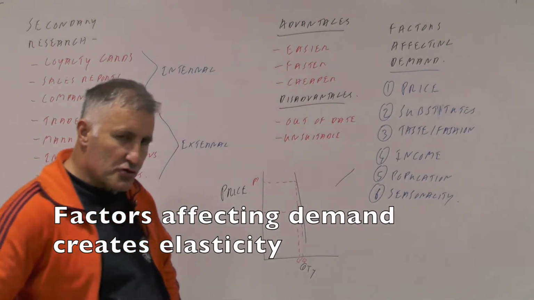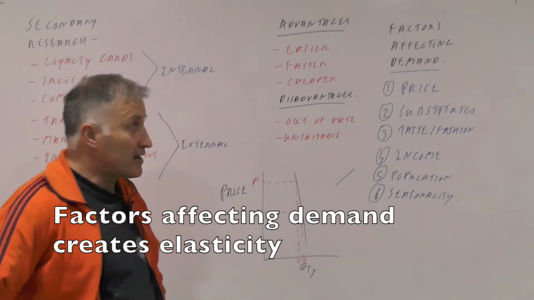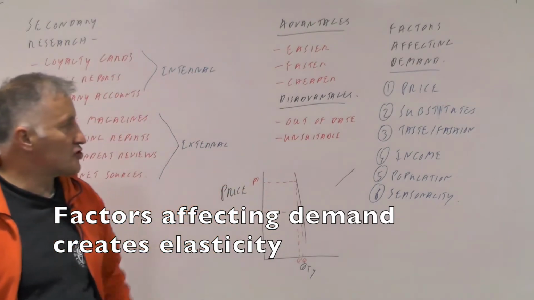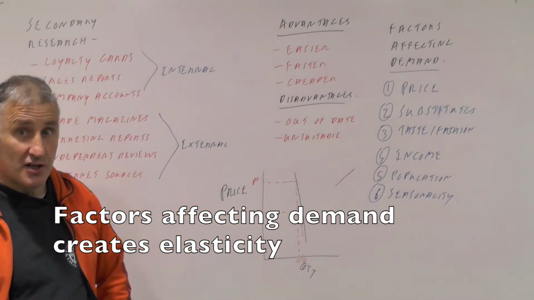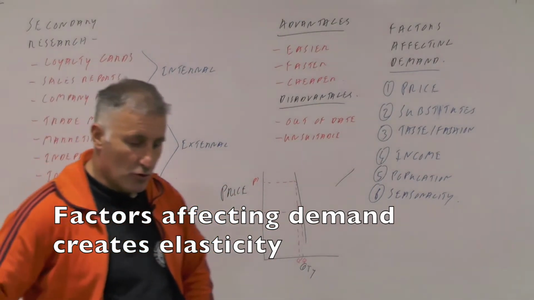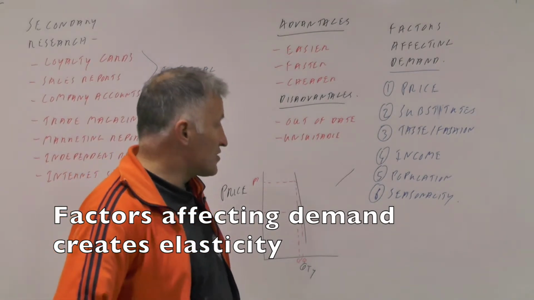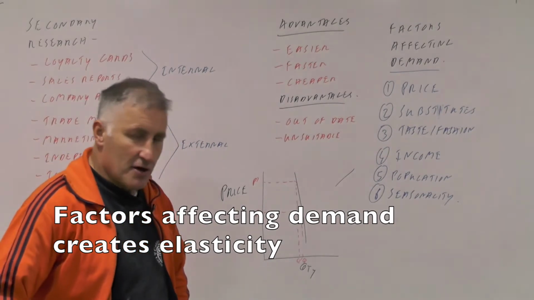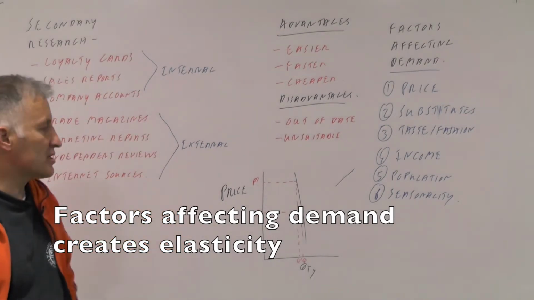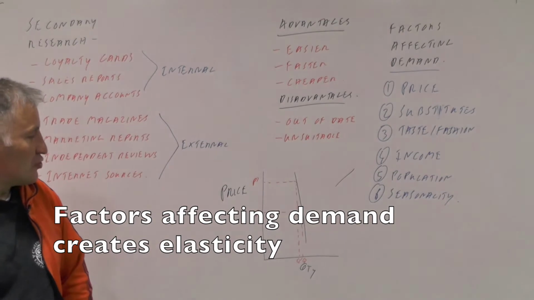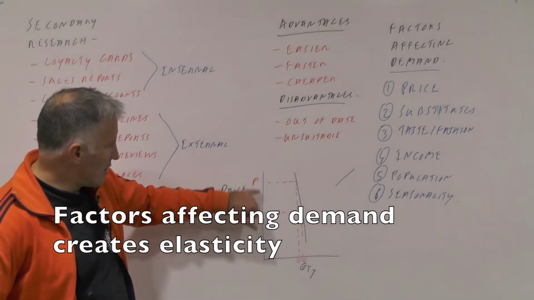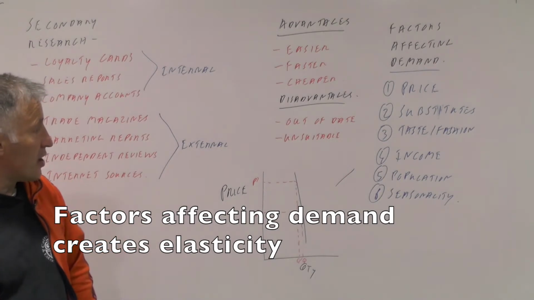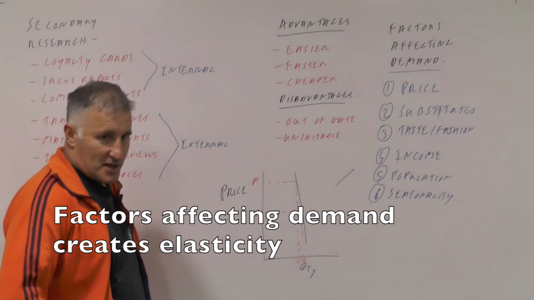And then the course looks at what factors will actually affect demand. So that's the price of your product, the substitutes that you have, the taste and the fashion that exists at that particular time, the income of people, the population, and seasonality, and everything like that. So really the idea behind any business is to create something that's a little bit different, whereby you can raise the price and demand falls by a smaller percentage. That is called price elasticity of demand. Now if you can do that, you're in business.